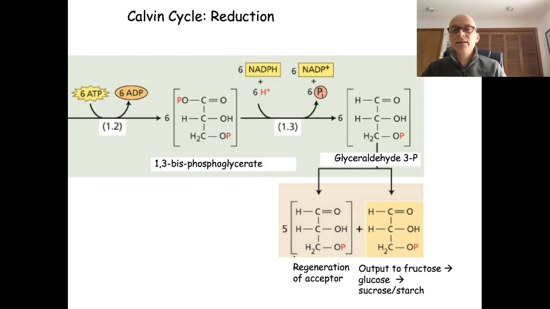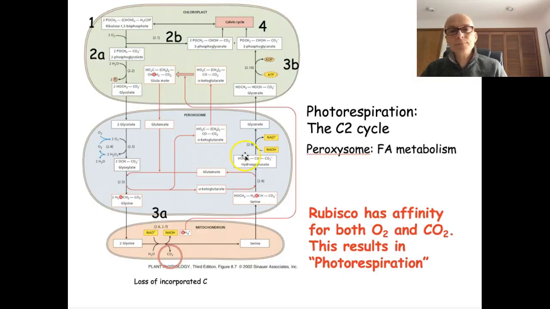And that is the content of what I will tell you about now, which is also known as the C2 pathway. So the C2 pathway, or photorespiration pathway, is a salvage pathway. It doesn't do the plant any good except that it fixes an error. It fixes this error of having oxygen incorporated erroneously into the